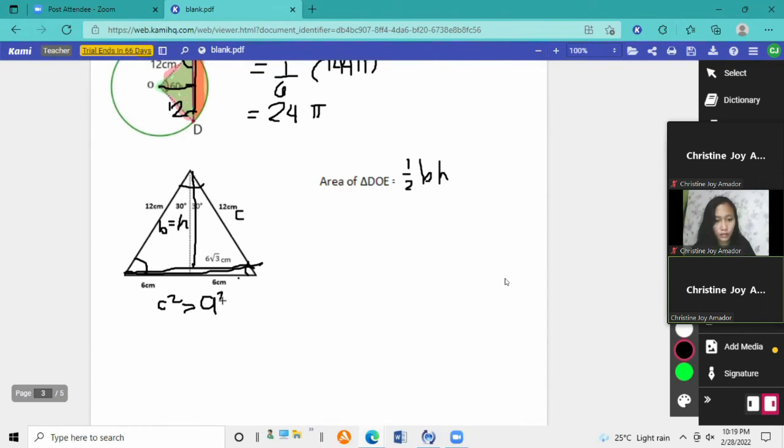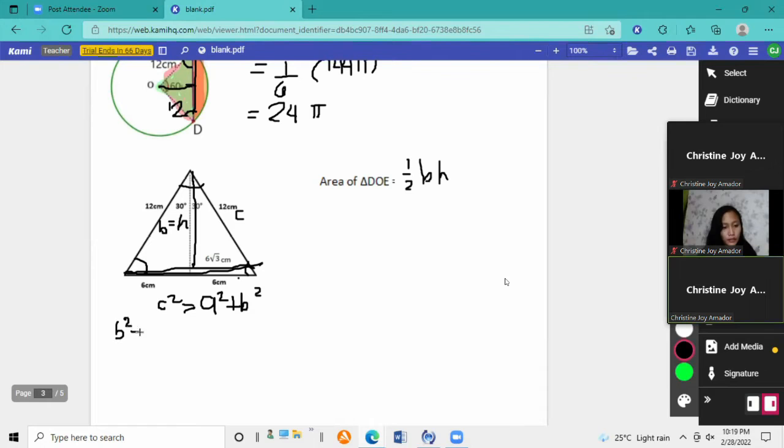C squared is equal to A squared plus B squared. C is our hypotenuse, A is our shorter side, and B is our longer side or our height there in the figure. With that, if we're looking for the B, we have the formula of